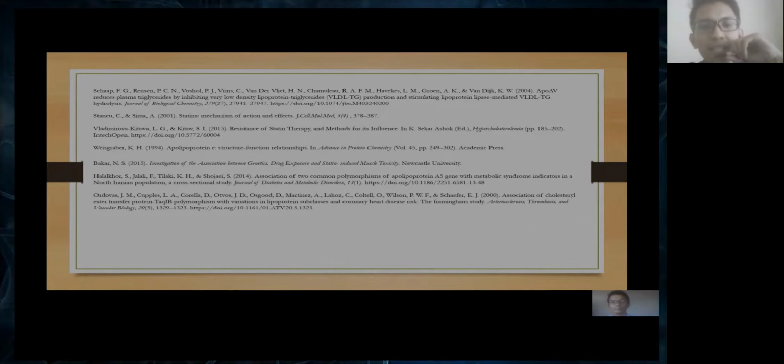RS662799, which is similar to the North Iranian population, by a researcher whose name I'm not sure of. While the second SNP, which was significant for our study, is ABCC2 RS717620. That one is according to the theory, yes, it has better response, but I'm not particularly sure about the other population. But for the third SNP, ABCG2 RS2231142,